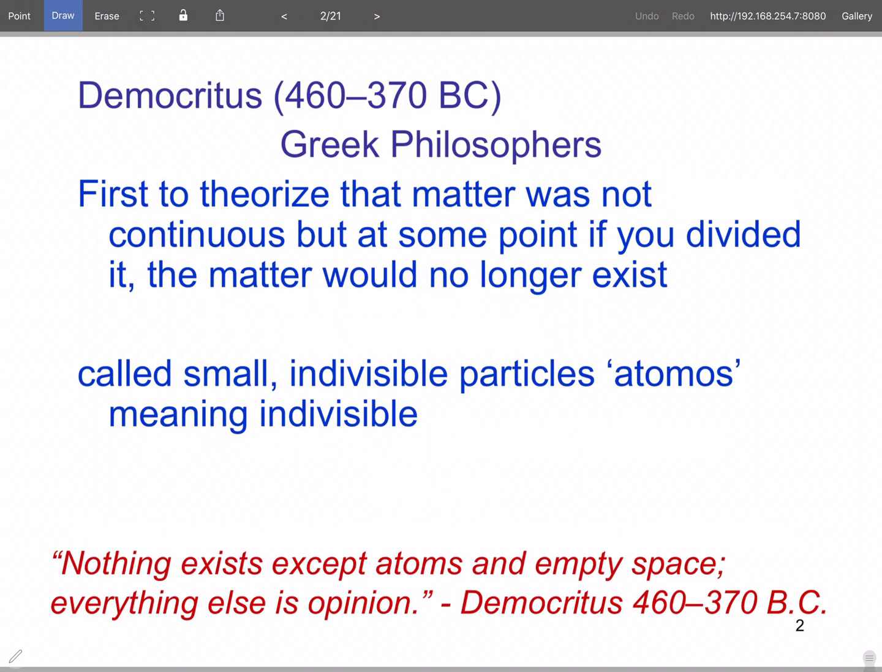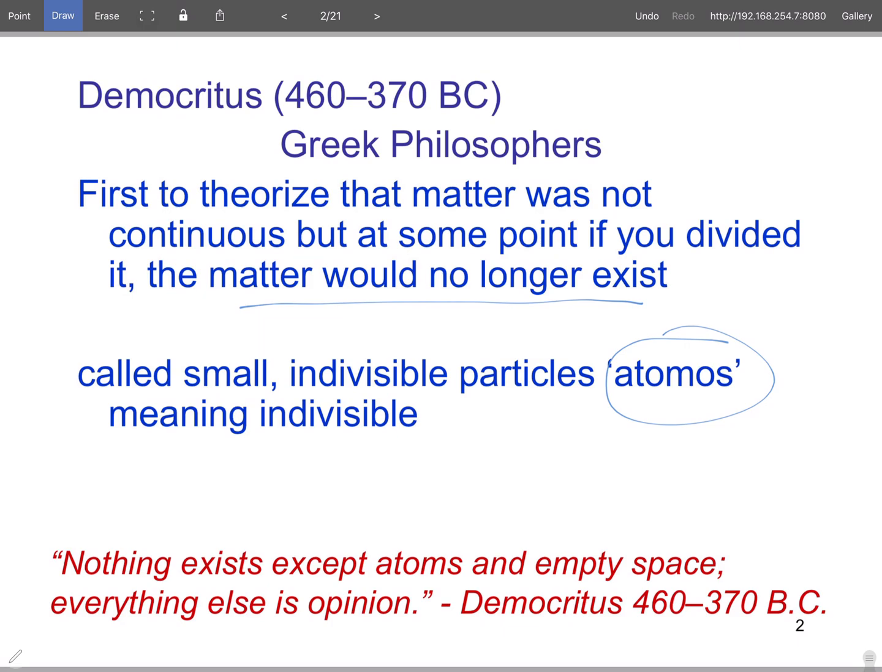All right, just to get us in the big picture, people have been thinking about the structure of an atom for years. Democritus was a Greek philosopher, and he was the first one to theorize that you couldn't keep cutting things down. At some point in time, you would no longer have what was an element. He said that if you go below that point, you do not have the element, so the matter would no longer exist. He called these small indivisible particles atomos, meaning indivisible,